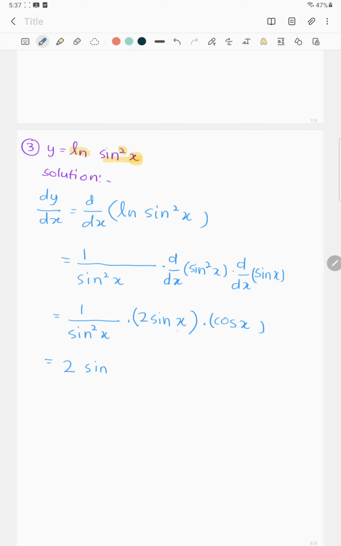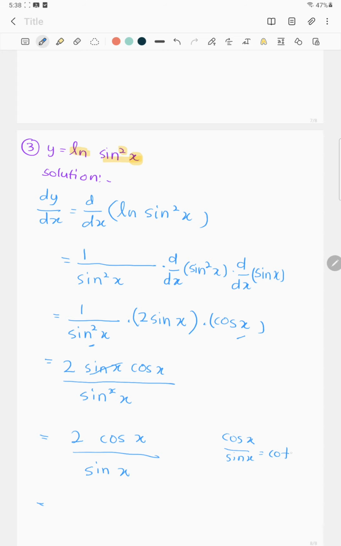Write back the numerator first, 2 sin x and then cos x, and then the denominator sin squared x. The sin x we can eliminate with the denominator. So it will become 2 cos x over sin x. From the trigonometric formula, cos x over sin x is cot x. Therefore, the answer will be 2 cot